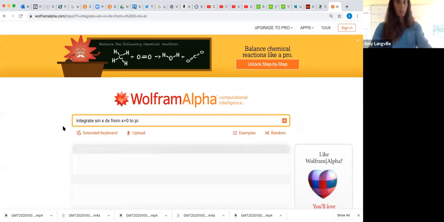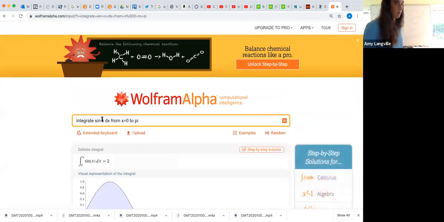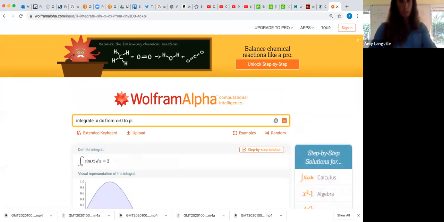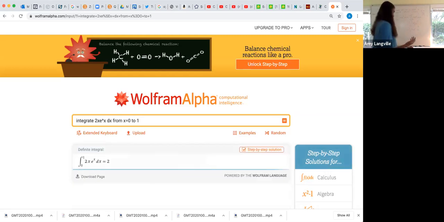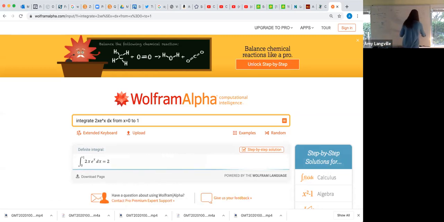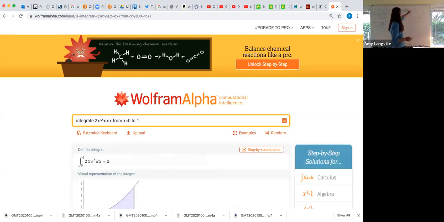Okay, so there are some preset ones that you can check out and then just modify, using that as your template. We want to do 2x e to the x dx from x goes from 0 to 1. All right, so single integrals, you've probably seen these already. Evaluates to 2. So the volume of this surface over this rectangular region, it either entirely or a majority of